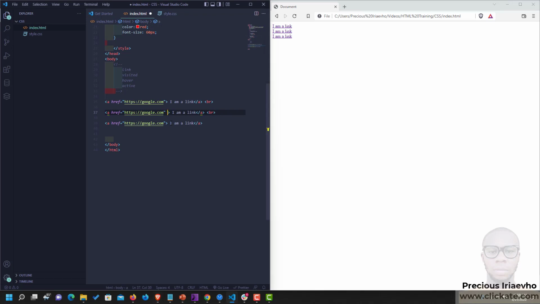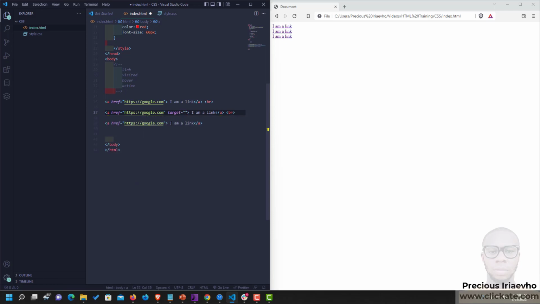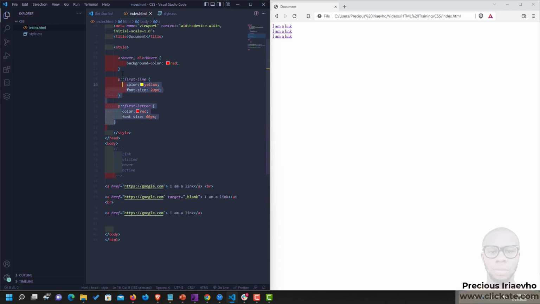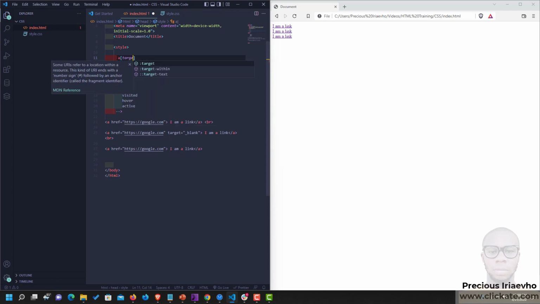Now, let's assume I add a target attribute to this link. Remember, we have blank. We are not clicking. I just want you to see what we can do with the attributes. Now I can target this particular link with the target attribute. And let's do that. To do that, you just put it there that anyone that has the attribute target